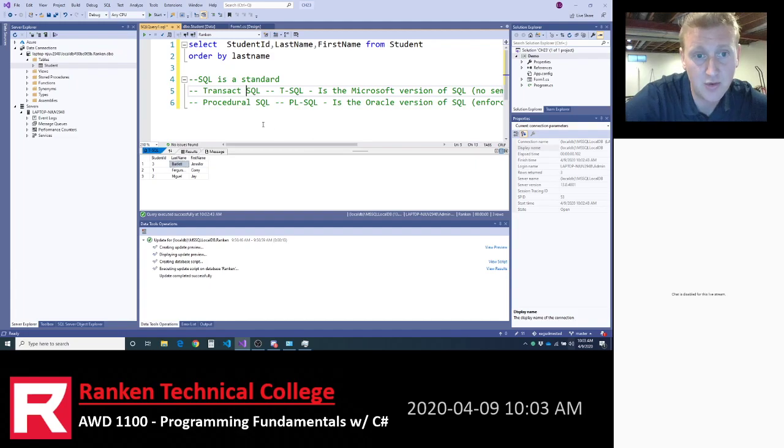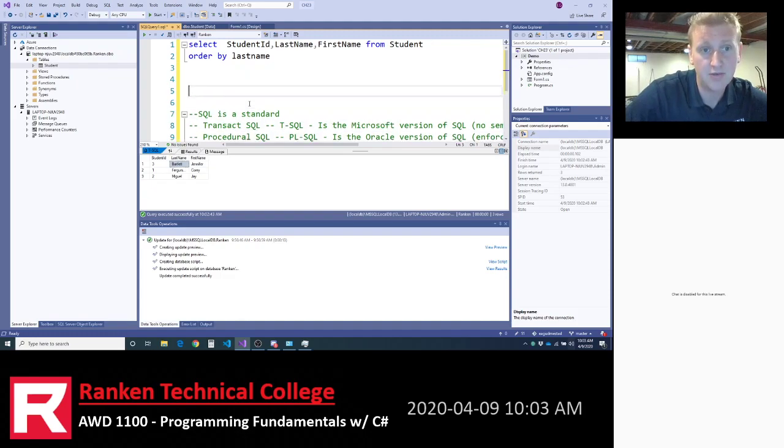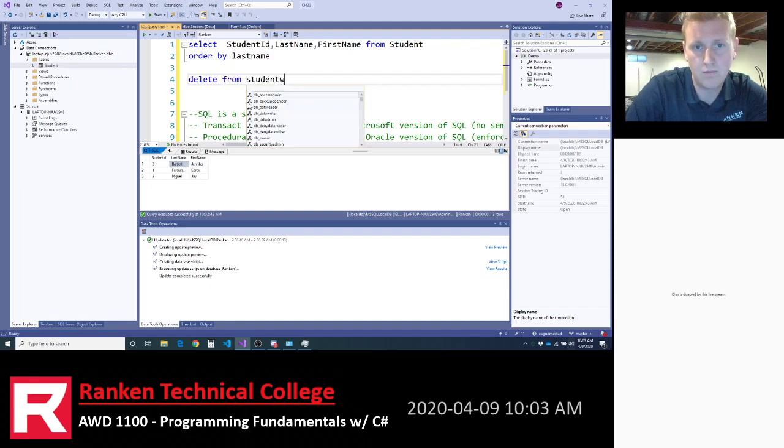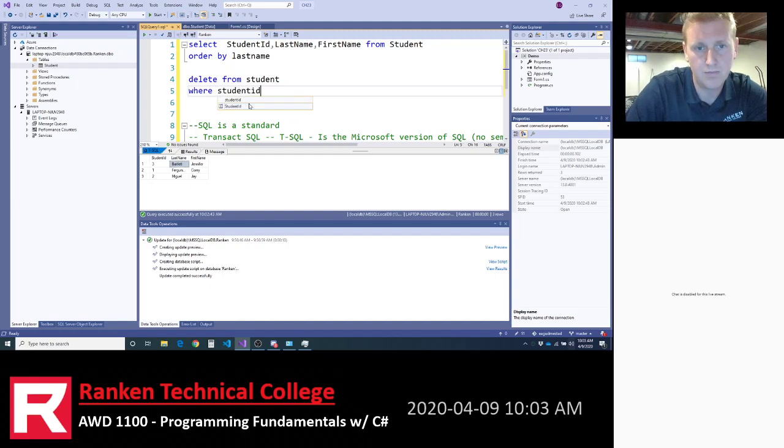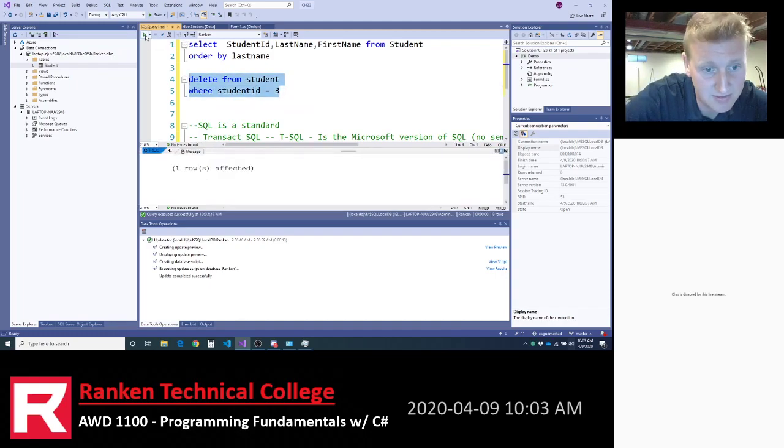Of course, if you wanted to delete, you could delete. So then you can just highlight that. Let's see if my syntax was good enough.